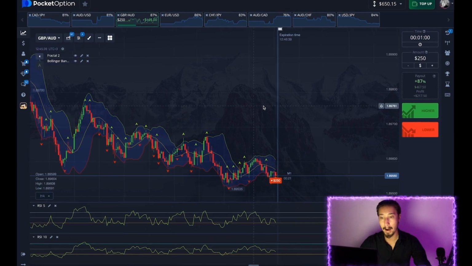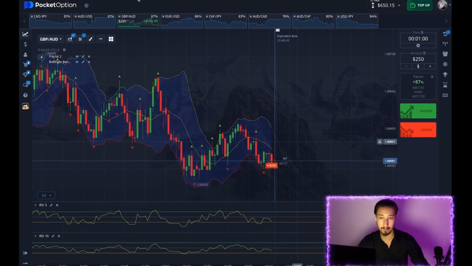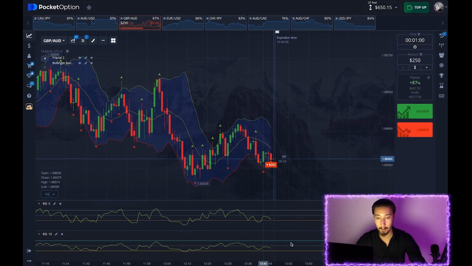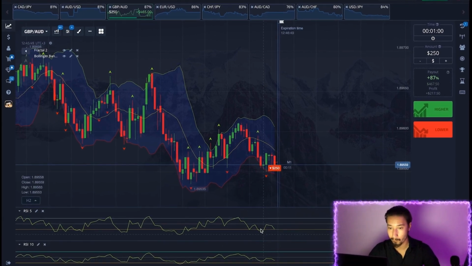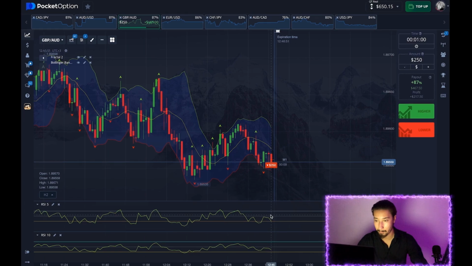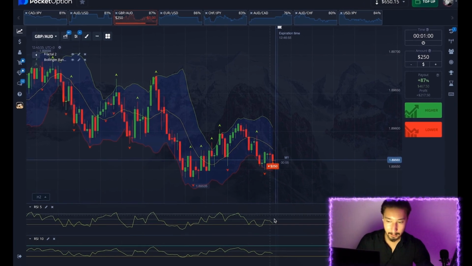And I also did not observe a sharp exit from oversold areas, so now we are according to the oversold areas